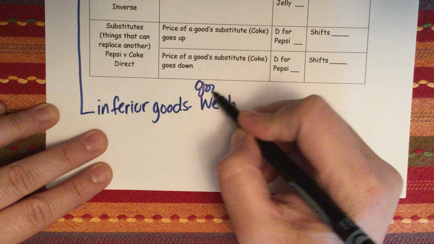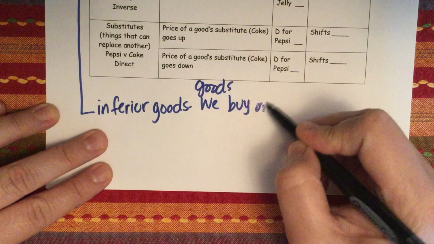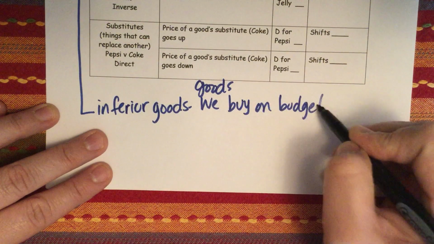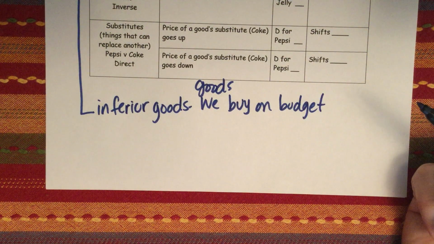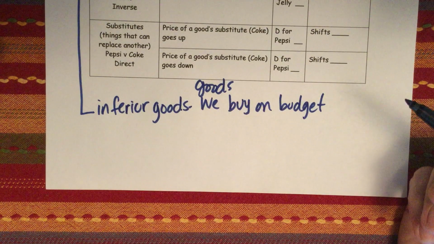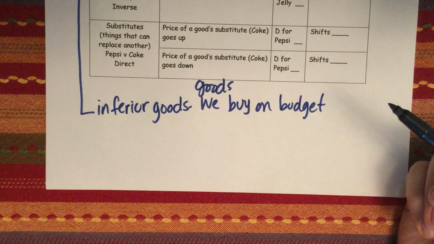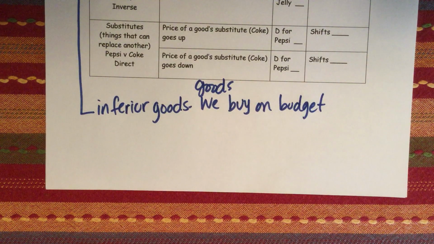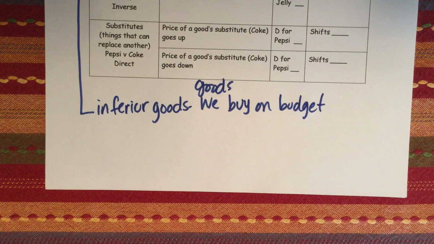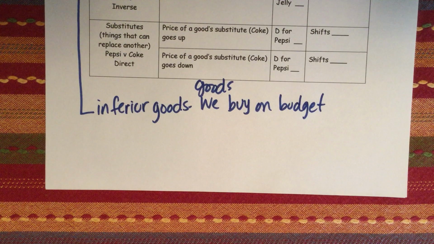It's goods that we buy on a budget. So for example, some things that have been used before, like thrift store clothing or ramen noodles, bologna, things like that, those are examples of inferior goods. And again, it might be that your preference is that you prefer ramen noodle soups to Progresso soups, or you prefer thrift store clothing, or thrifting is actually like a new trend right now. So maybe you prefer to buy clothes at a thrift store.